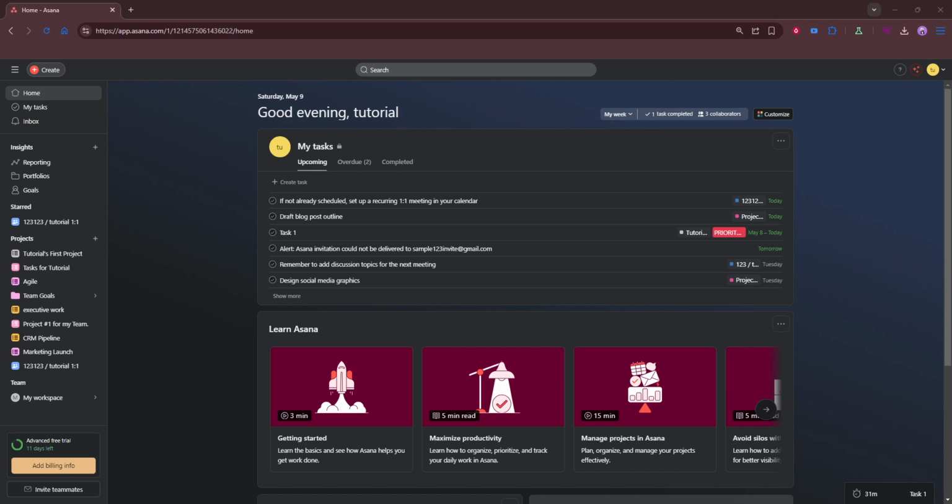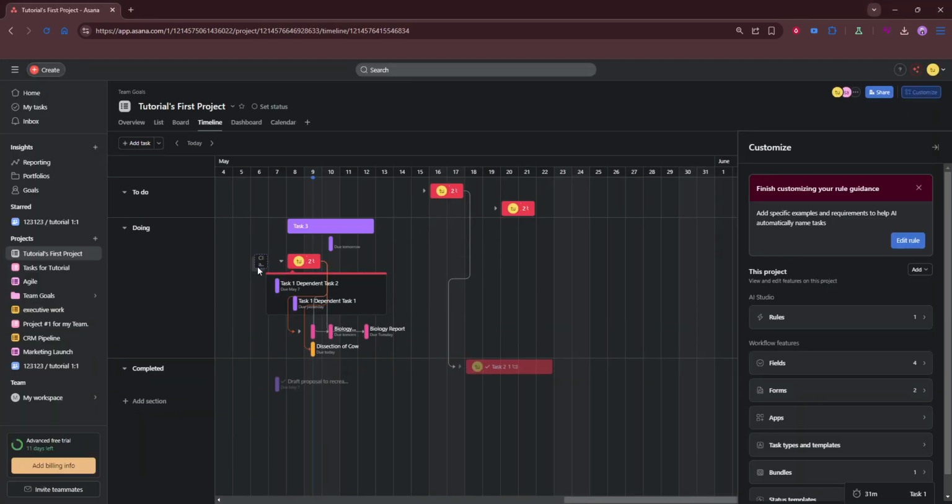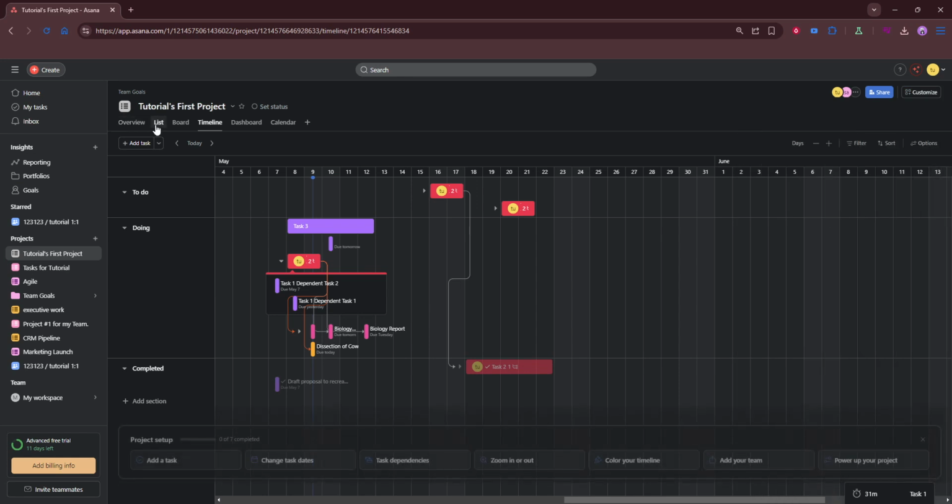If you organize work through portfolios, open the relevant portfolio and switch to the workload view. If your team uses a team workspace, open that team and select the workload tab. This is where you'll see a timeline of who's doing what and when, along with a quick visual of how